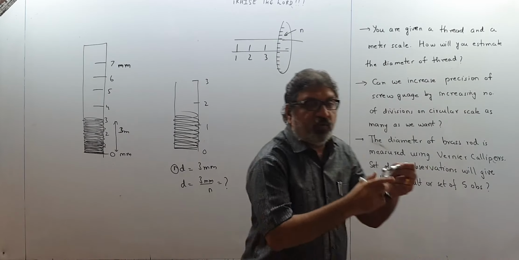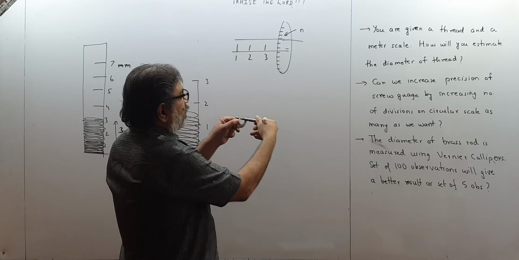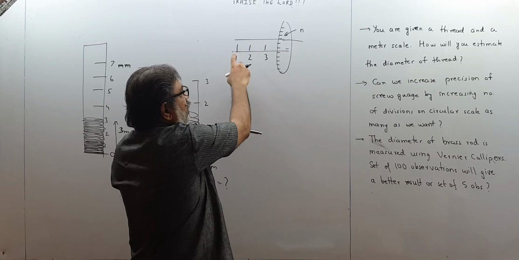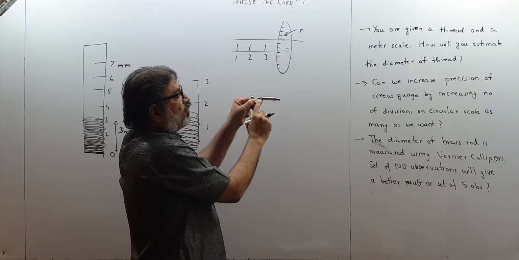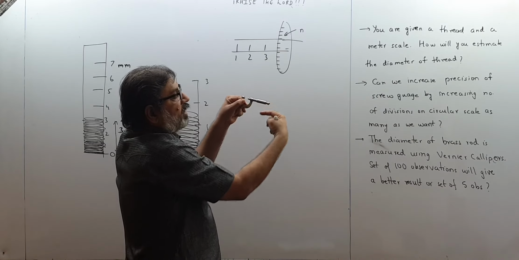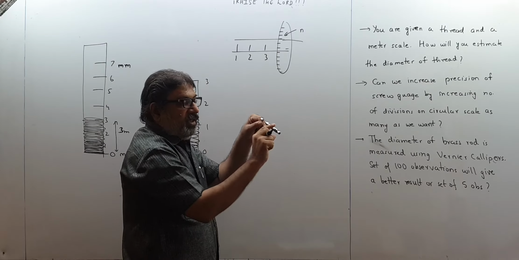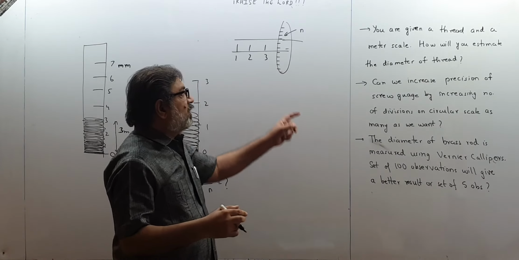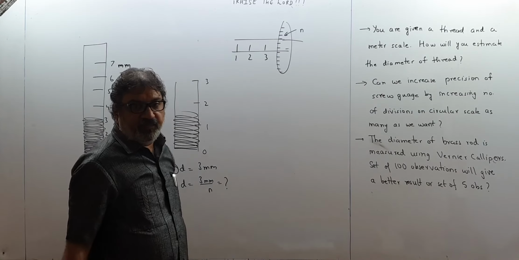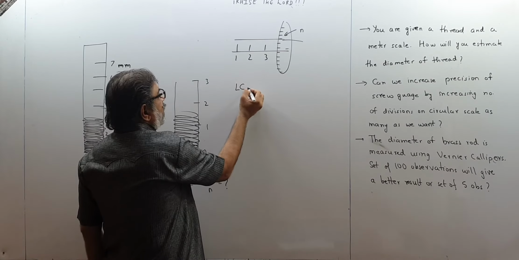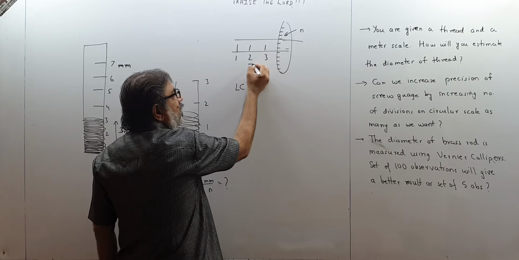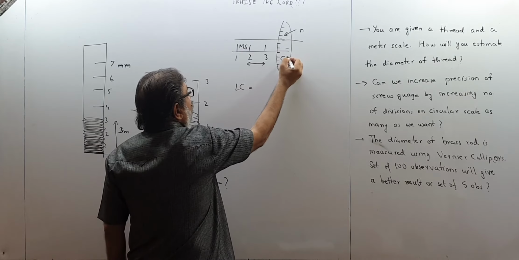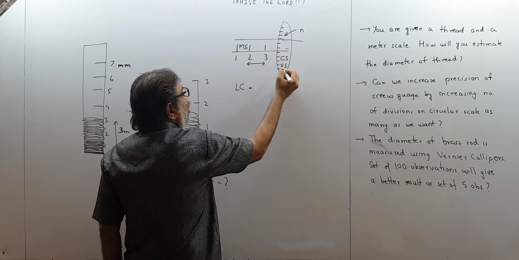See, this is the screw gauge I am showing you again. Okay, I am opening it. This is the horizontal scale, this one which I am showing you. Over here there are markings 1, 2, 3, 4, 5, 6. And this is the circular scale on which markings are there. In this micro screw gauge, there are 100 markings. Some are available which are having 50 divisions and 25 divisions and like that. So how do we get least count of screw gauge? This length is 1 millimeter. This is the least count of the main scale. This is my main scale, and this is the circular scale. This is also called vernier scale.